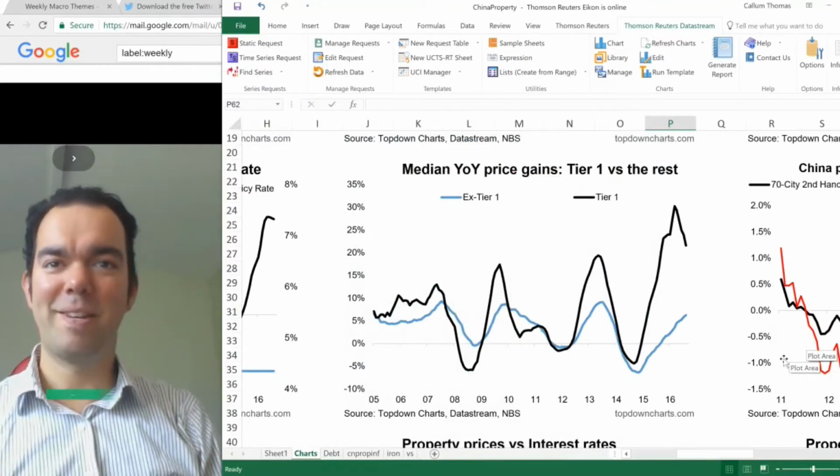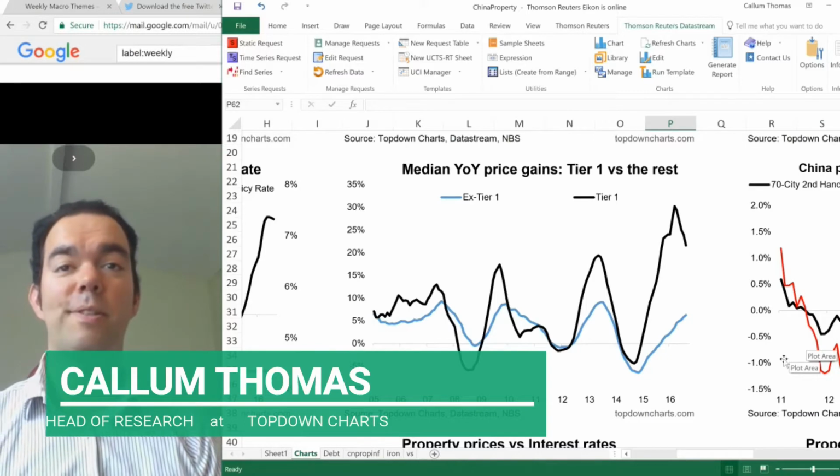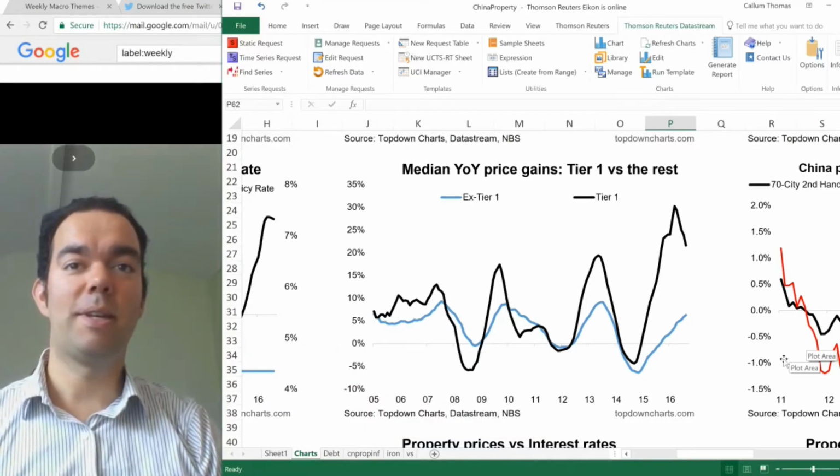Okay, welcome to another video, and today we're going to be looking at a couple of charts on China property prices. And the reason that I'm covering this is because one of these charts appeared in the latest edition of